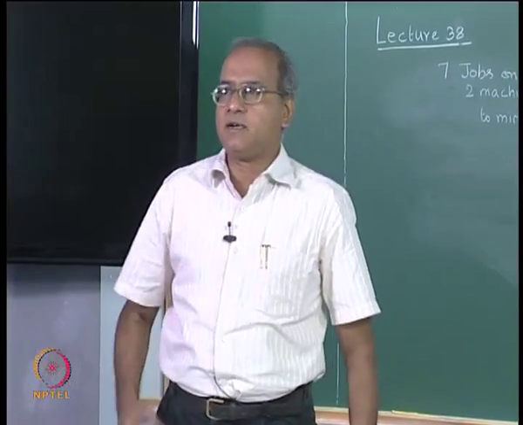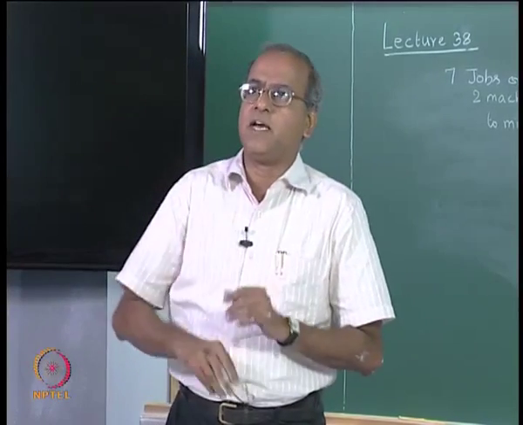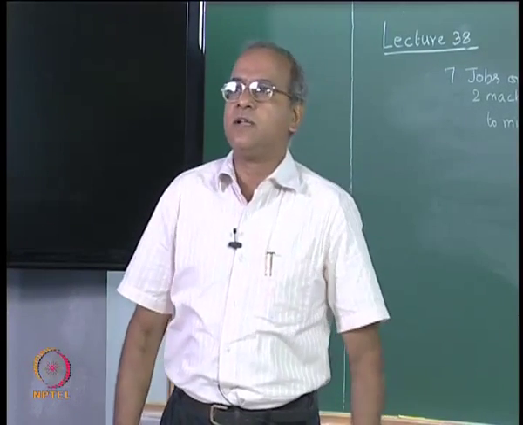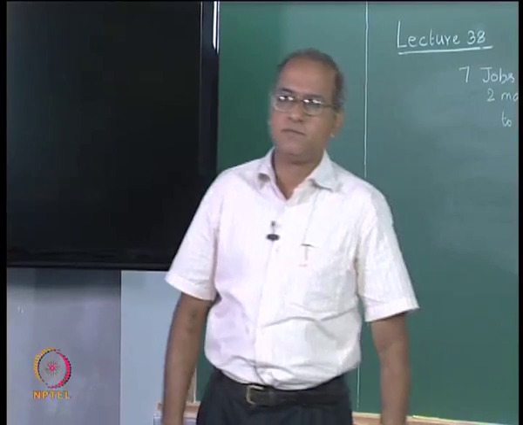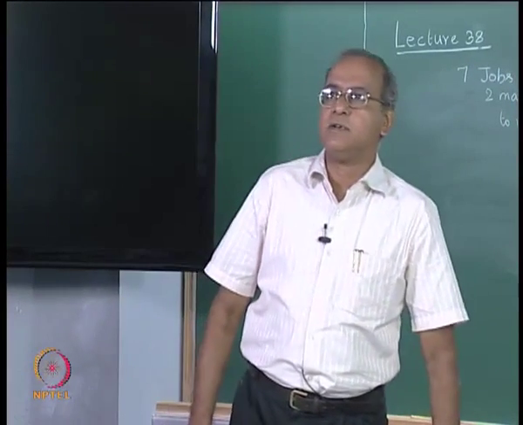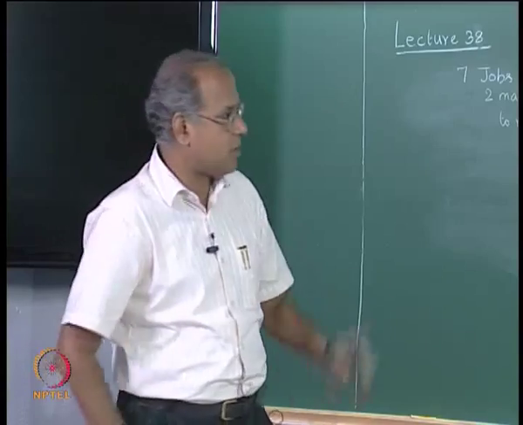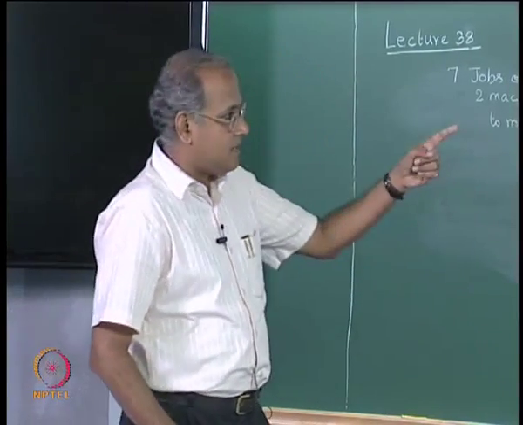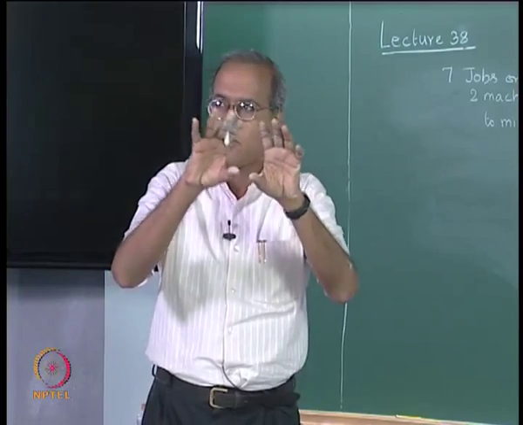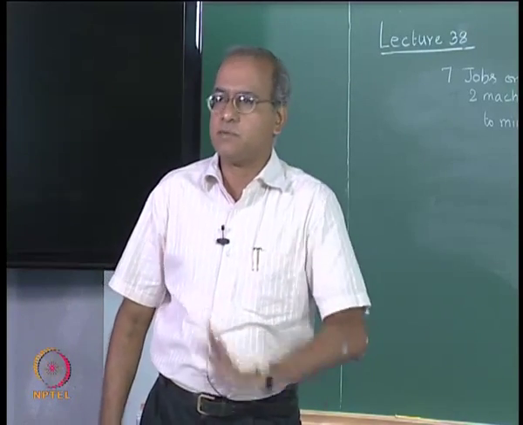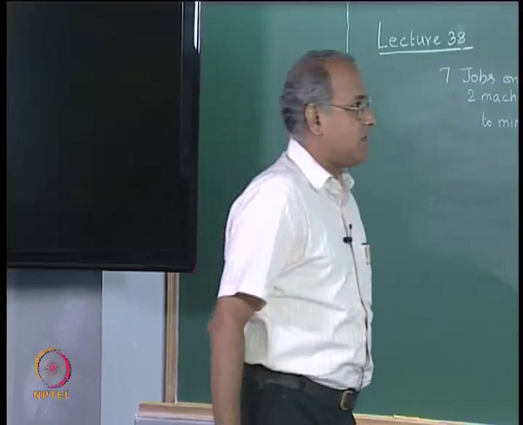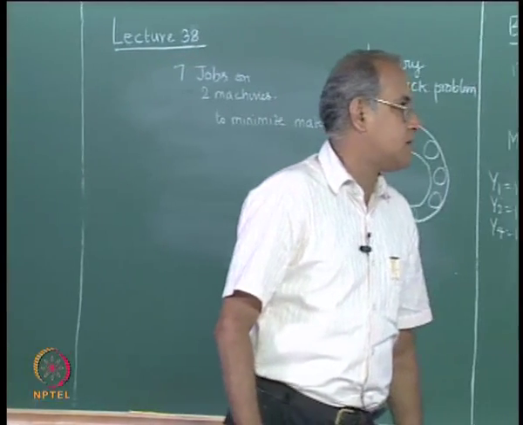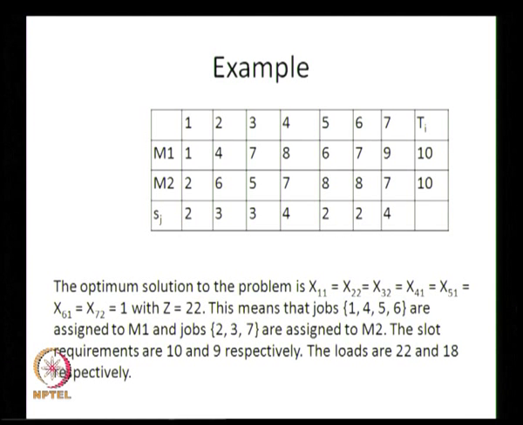Now suppose we allocate, as in this example, jobs 1, 2, 3 and 5 to the first machine, and we allocate 4, 6 and 7 to the second machine. Suppose we do that, then on each machine the 10 tool slots are going to be occupied. So it is feasible. So what we are going to assume is, these jobs 1, 2, 3 and 5 are available, they go to the first machine, and 4, 6 and 7 go to the second machine one after another.